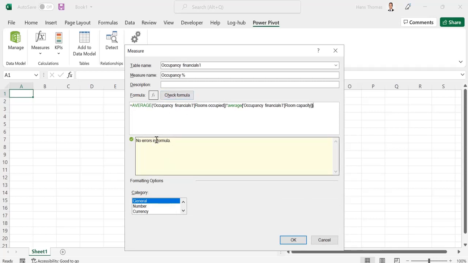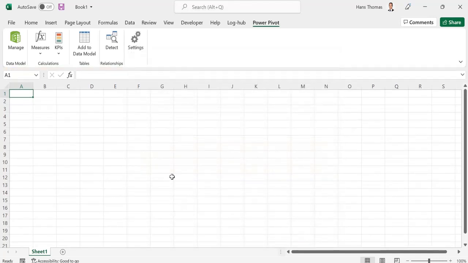Let's see if Excel is happy with my formula. So I check the formula, it says no errors. Okay, good. If Excel is happy, I'm happy. All right,